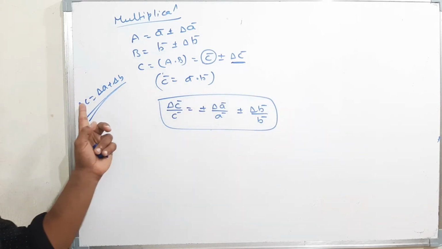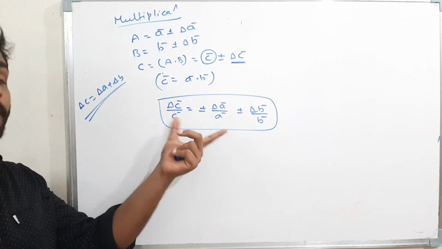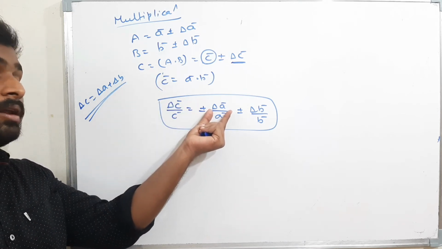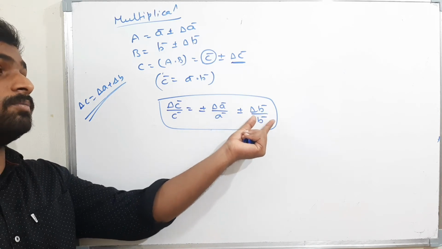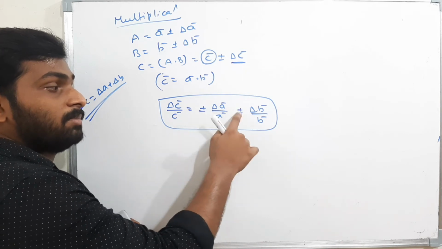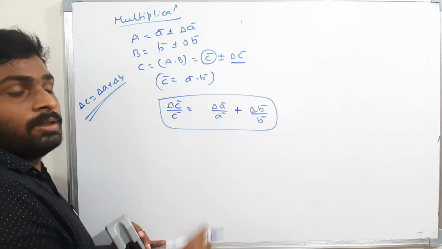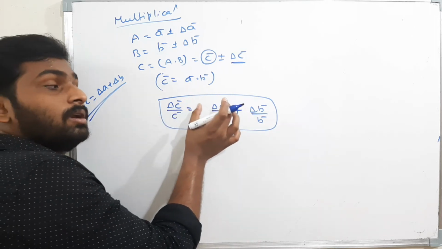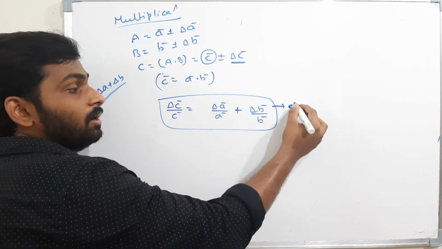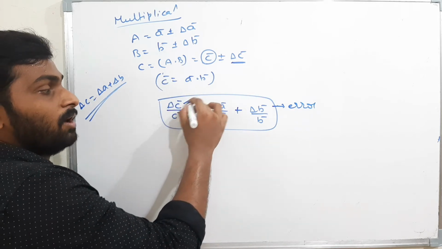This formula I have to use. In addition, I am simply adding the errors: delta C bar is nothing but error of A plus error of B. But here I should not add the errors. I should add the relative errors. The relative error of C is equal to the relative error of A plus or minus the relative error of B. Four cases are possible here: plus plus, minus minus, plus minus, minus plus. But always I should take only the plus sign for maximum error. Therefore, the relative error of C is equal to the relative error of A plus the relative error of B. If they told to find the error, from here keep the C value and we will get delta C. This is the way to find delta C bar.